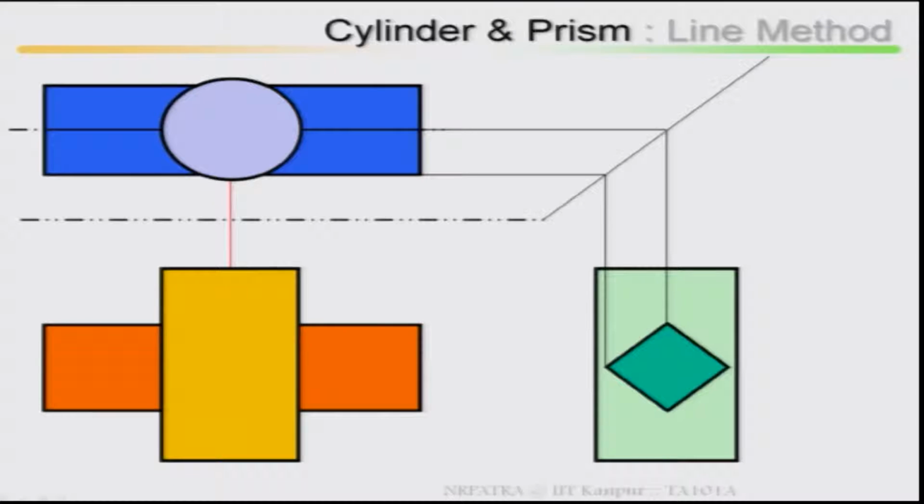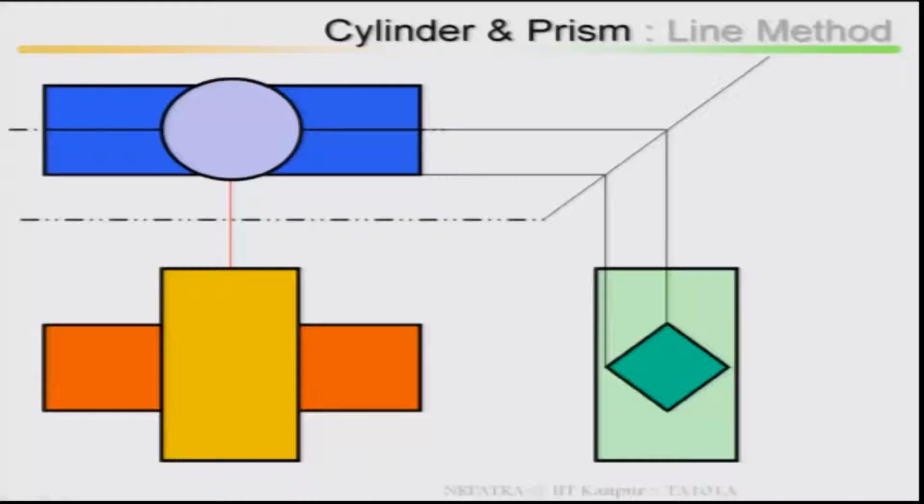Now, let us start with the example cylinder and prism by means of line method. Cylinder and prism, there is a cylinder, intersection between cylinder and prism, draw the top view, draw the front view, this is your front view, this is your top view, and draw the side view,